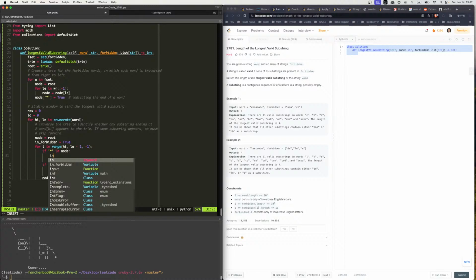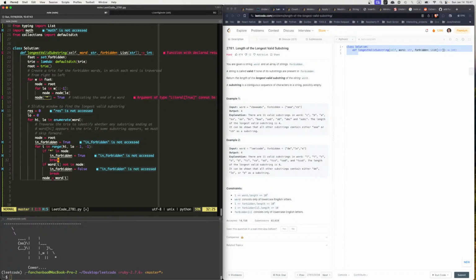In forbidden is true, okay, then we break. If it's not in it, then we check if the current letter is in the node. If it's not in the node, then we have a substring that does not exist. Then do we simply say false? Or should we check every single one? No, we should not check every single one because it's going to be super long. So whenever the first time that we found,